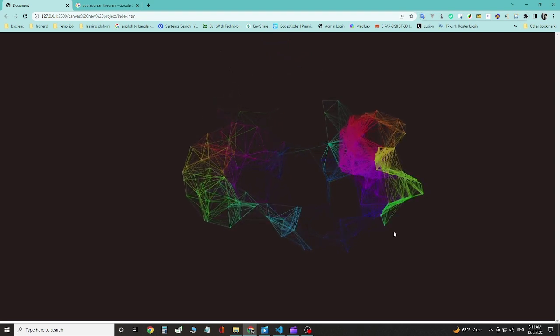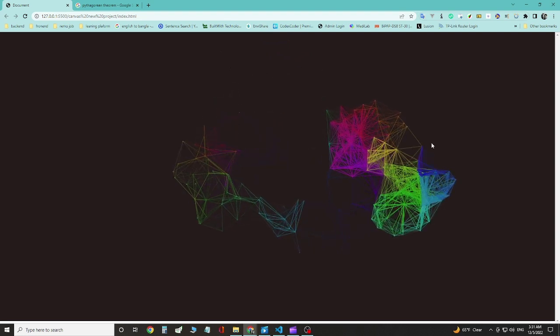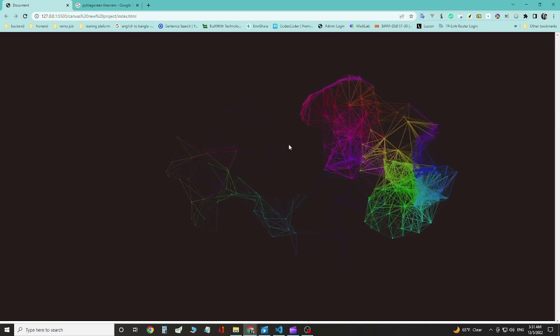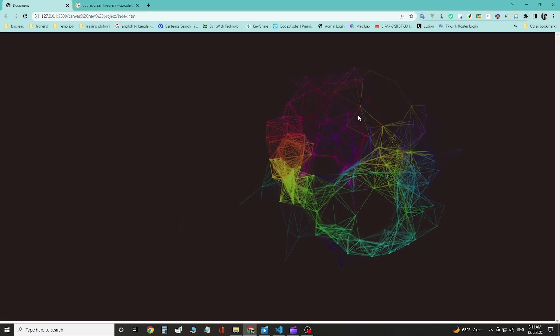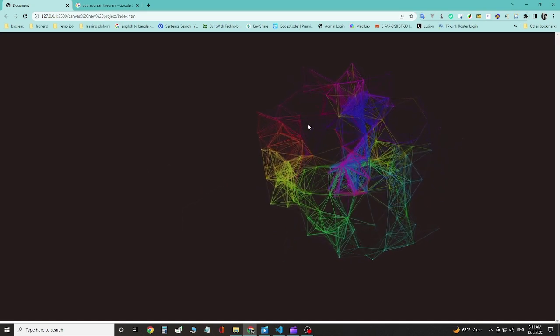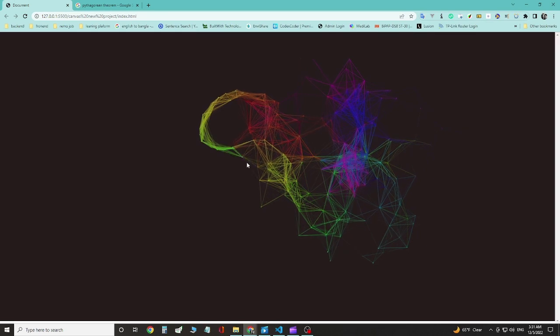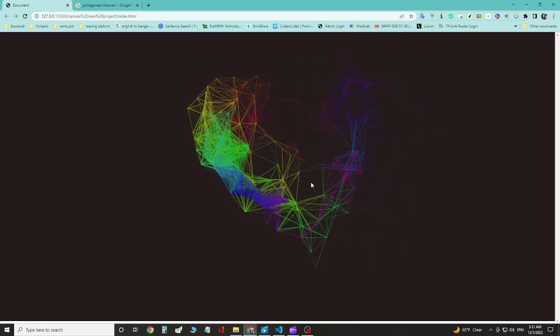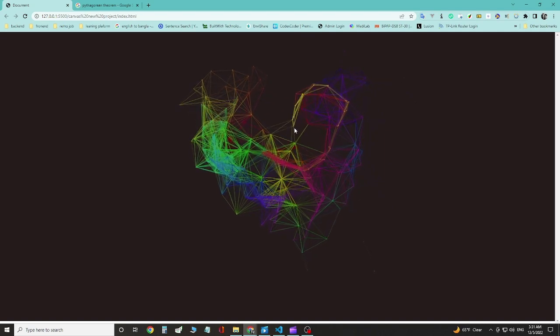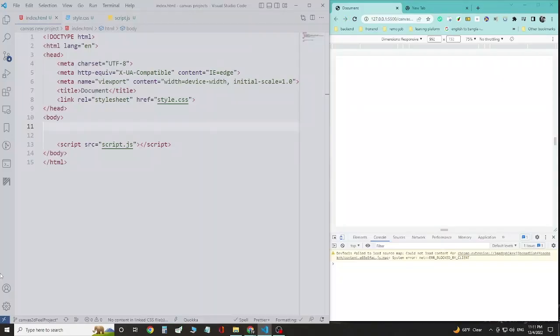In this tutorial, we will learn how to create particles with HTML canvas. I'm going to use vanilla JavaScript. We will not use any kind of JavaScript library for that. First, I'm going to create an HTML file, as well as a canvas ID in